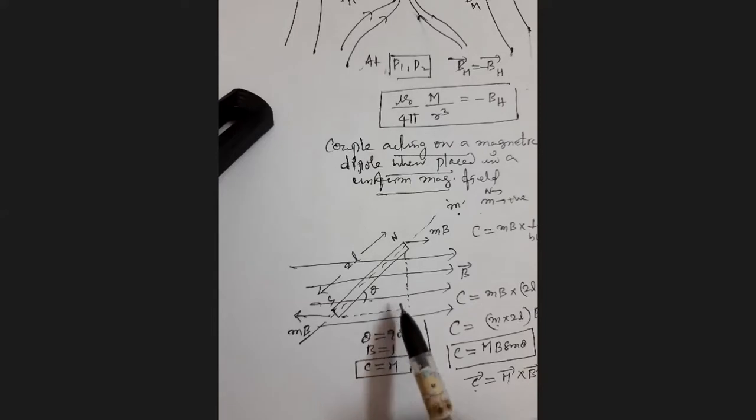When the bar magnet is perpendicular to the magnetic field direction of unit field strength, the couple acting on the bar magnet is equal to the magnetic moment of that bar magnet or magnetic dipole. So the couple acting on a magnetic dipole, when it is placed in the external uniform magnetic field having field strength unity, in the position perpendicular to the field direction, is called the magnetic moment of that magnetic dipole.